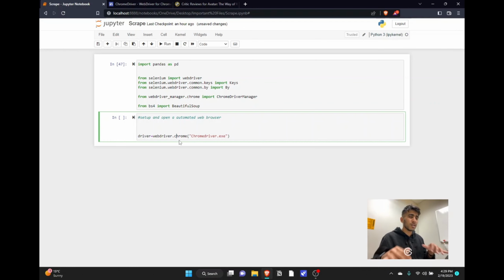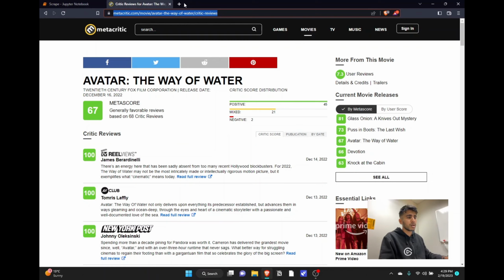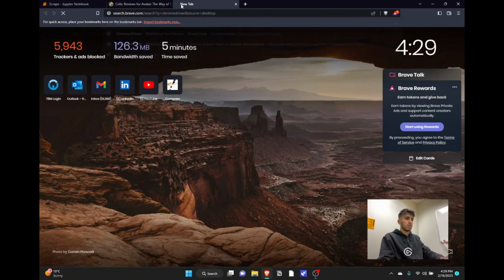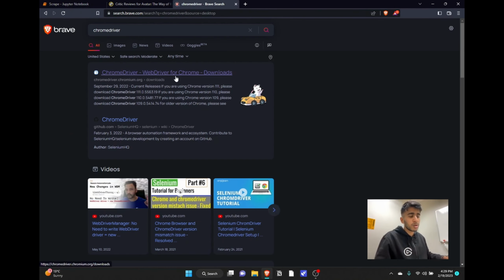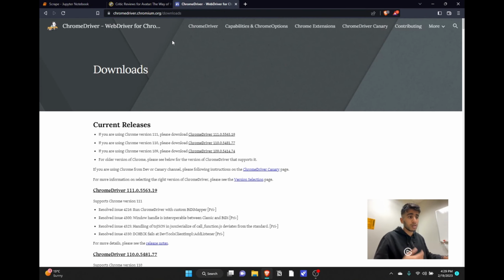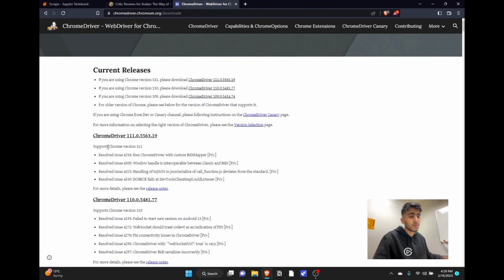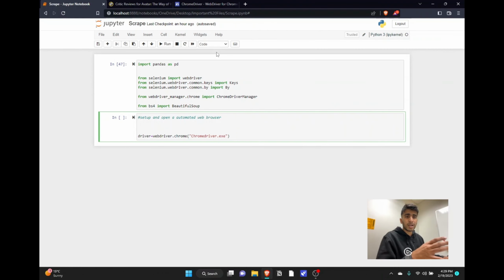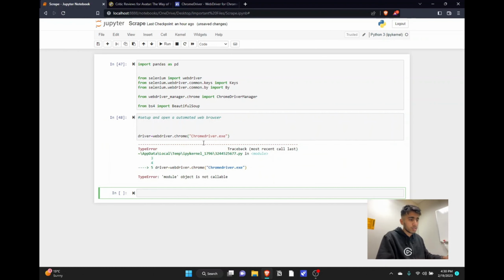All right, in order to set up that connection, we need a connecting package called the Chrome driver. I've already opened it here. If you just type Chrome driver in your search engine, it will probably be the first link. It will take you to Chromium's website, where you can download the Chrome driver which supports the Chrome version you have. My best advice is that once you download that package, you put it in the same folder from which you are running this particular Python environment. All right, so now if you put this and run this,